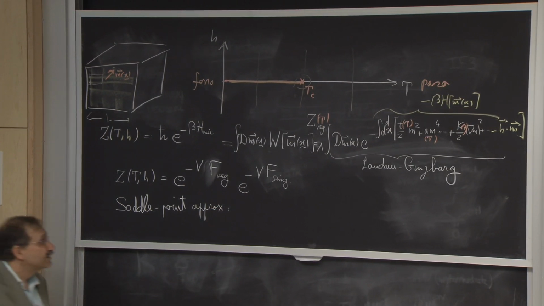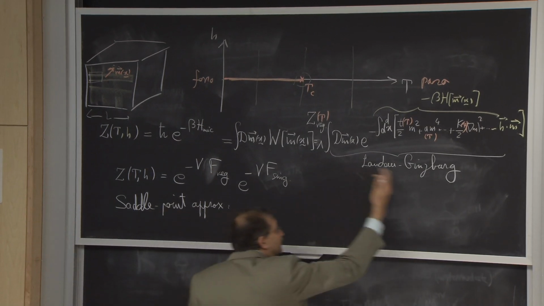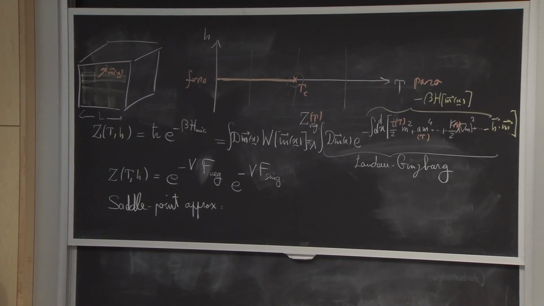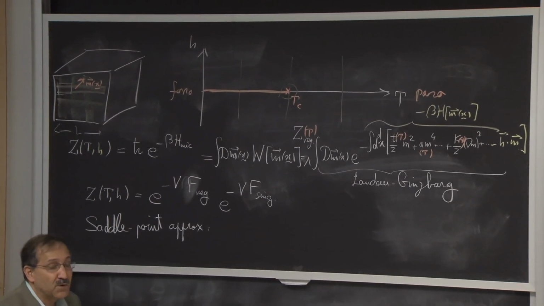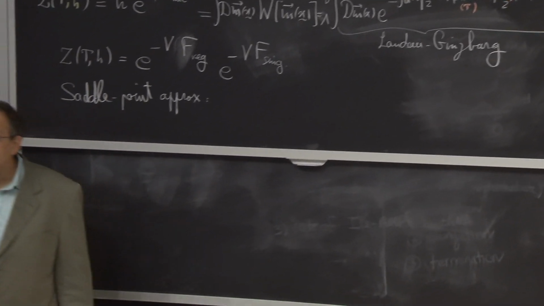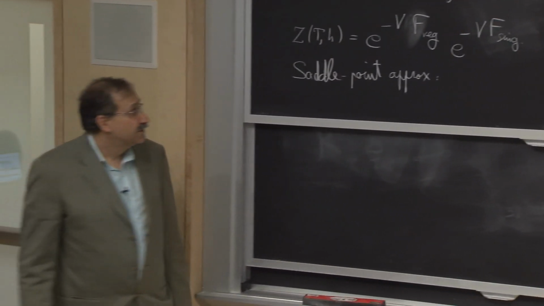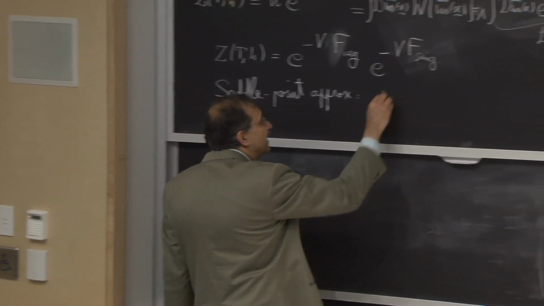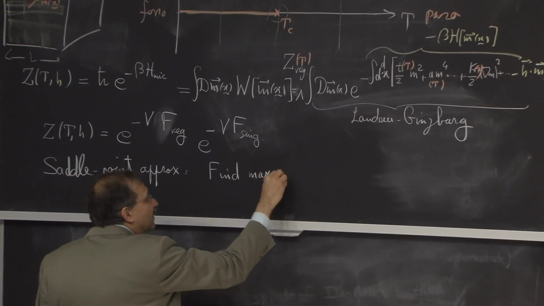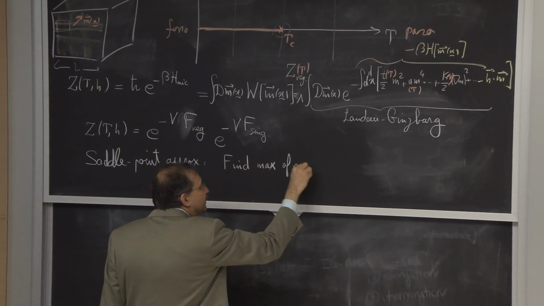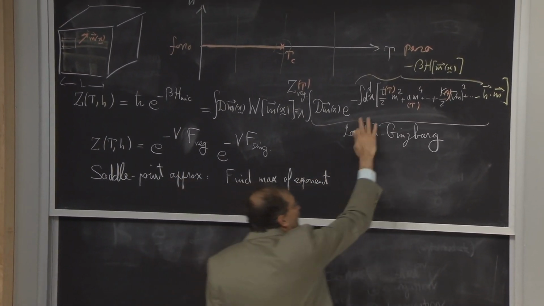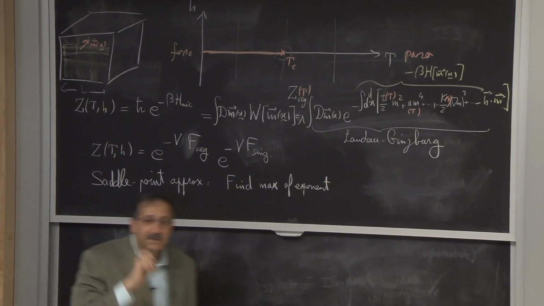That is, rather than integrating over all functions, let's find the extremum. Where is this function maximized? The integrand is maximized. Okay? So what I need to do is to find the maximum of the exponent. So what is happening over here